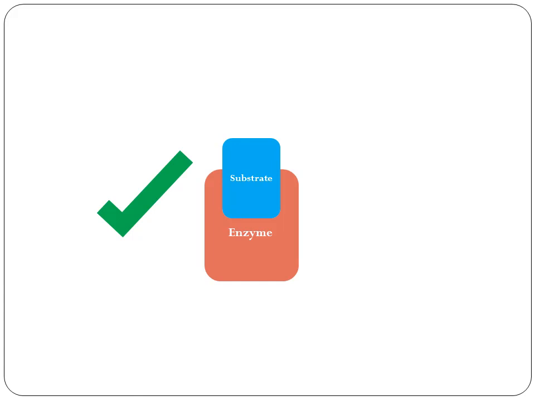However, in some cases, there are inhibitors. What are inhibitors? Inhibitors are chemicals that block the action of the enzyme. How do the inhibitors do that? The inhibitor simply binds to the active site instead of the normal substrate. So in this case, the enzyme cannot work. Why? Because its active site is not occupied by the actual substrate.